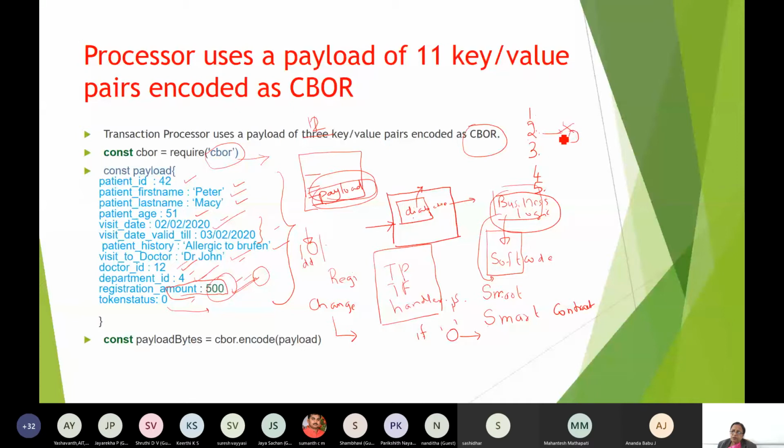Once he pays, and the registration desk clicks on enter, this 0 should change to 1. That means if that state is 1, we tell that registration process is completed. Here again you'll have to use this command for the payload bytes, that is CBOR encode payload in this case.